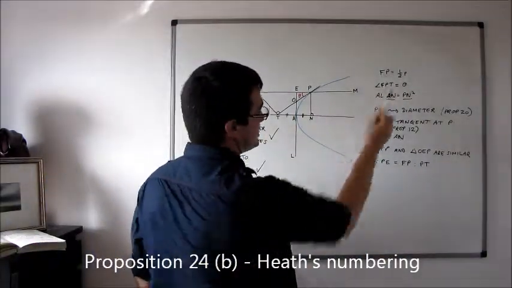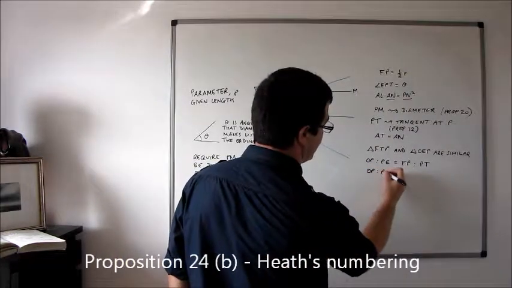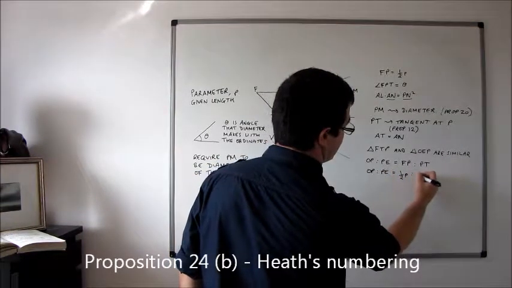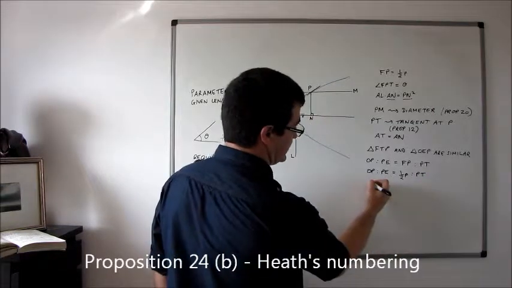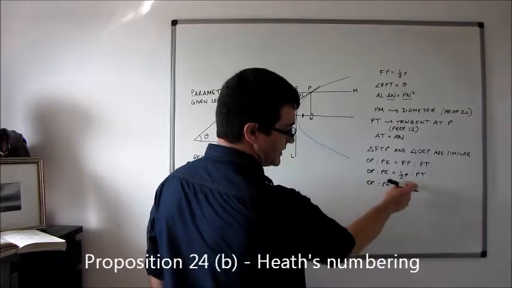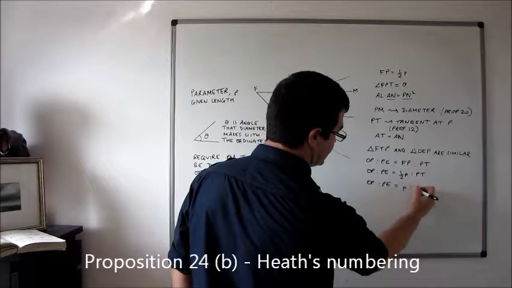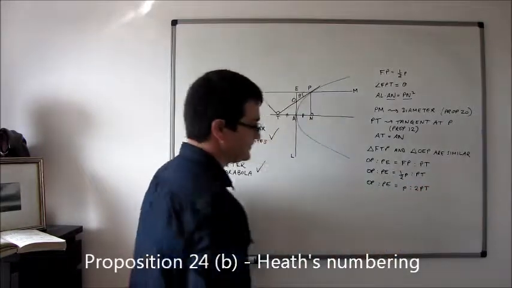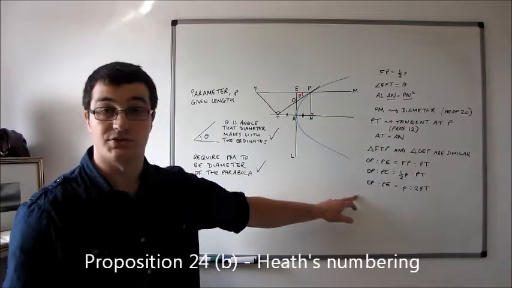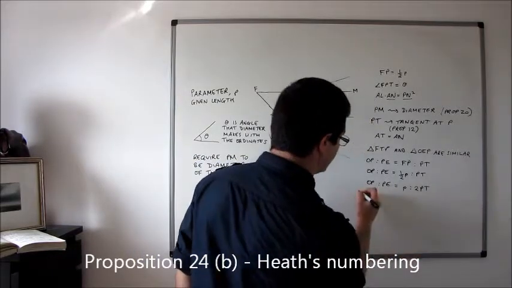But FP was equal to half P. So OP to PE is equal to half P to PT. So therefore OP to PE is equal to, just doubling each of the magnitudes on this side, we get P to 2PT. Well, this is exactly the condition that we require from proposition 22, which I proved in the last video as well. So by proposition 22,